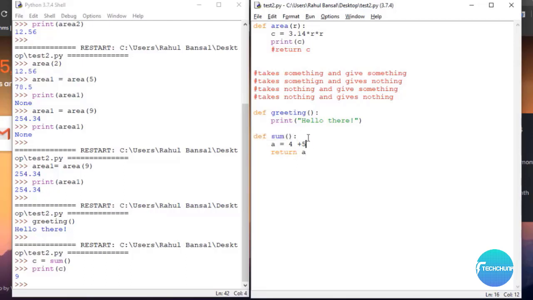Okay, or in other languages we say function prototype. And this is called the function body, in which we write the code, and this whole is called the function definition. So function declaration is just the name of the function with the keyword def in front of it and a colon at the end. But function definition means we have the function prototype, that is the name, def, and colon, and the function body in which the actual code is written.